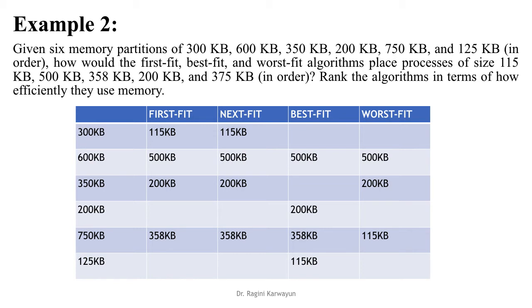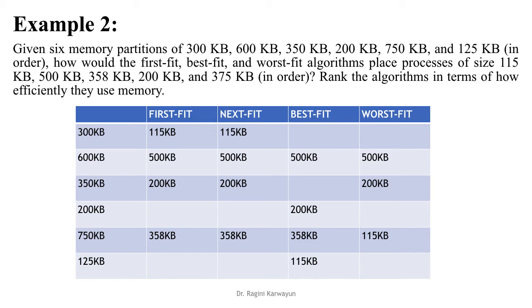300 is occupied, 1600, 600 is occupied, then 350 KB. 200 can be easily accommodated in 350, so this process will get 350 KB whole. Then 375. Now only two holes are left, that is 200 and 125, and these two holes are smaller than